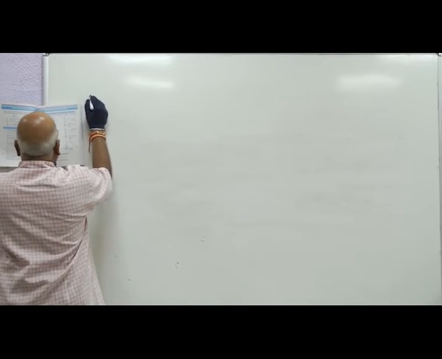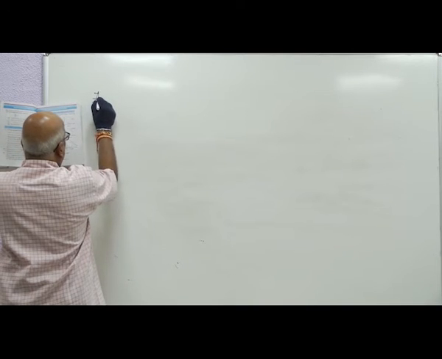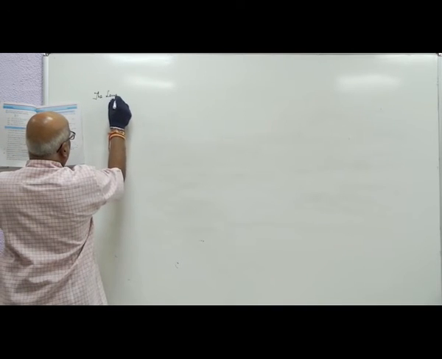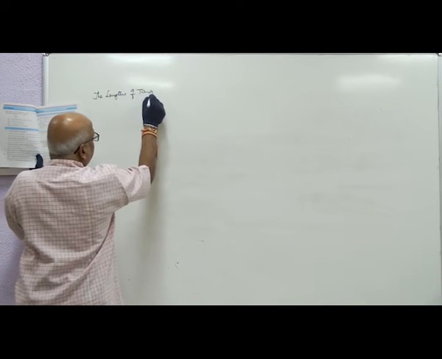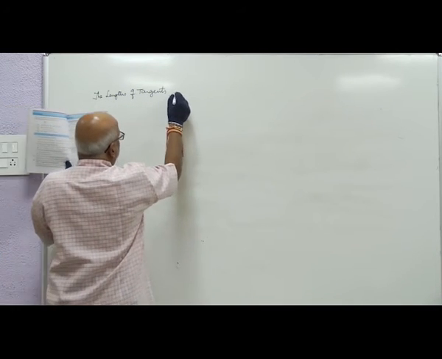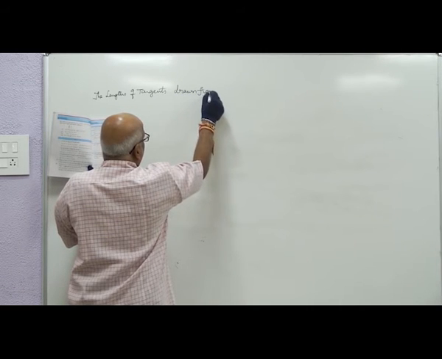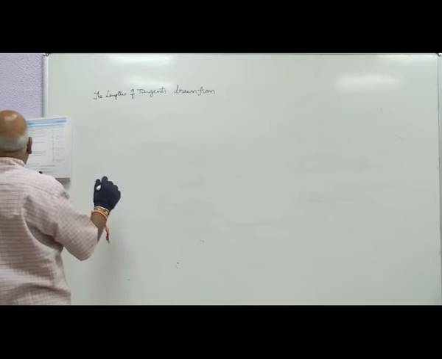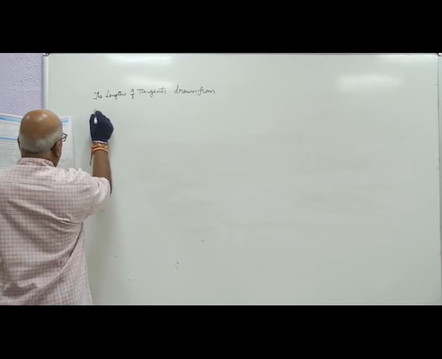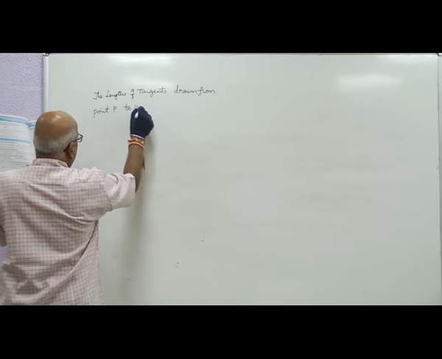Write down the lengths of tangents drawn from point P to the circles